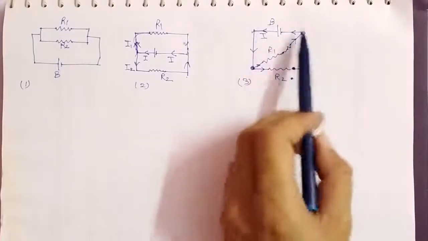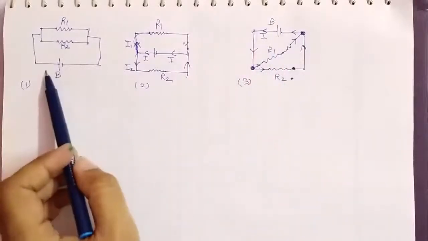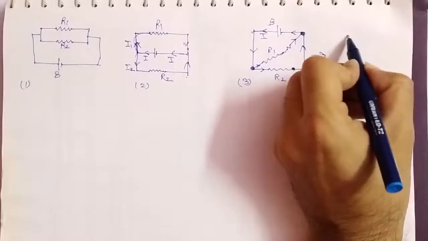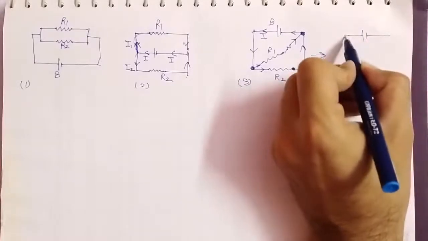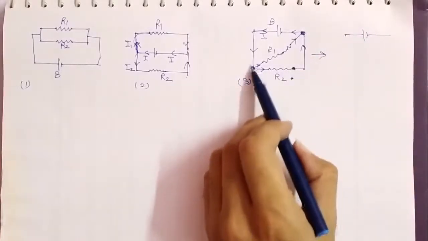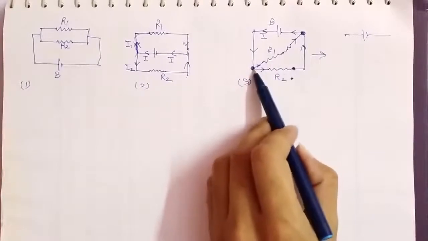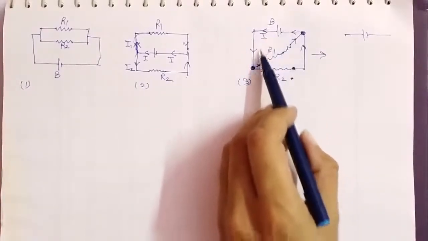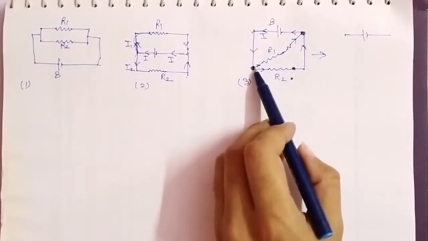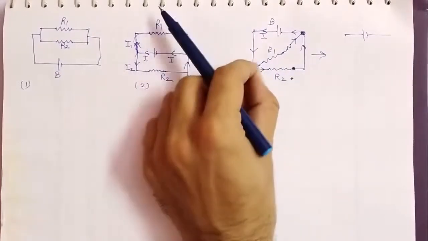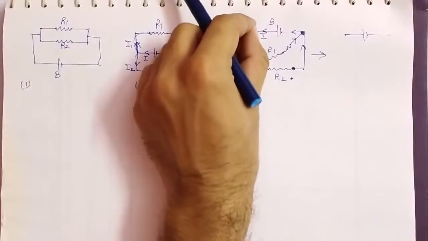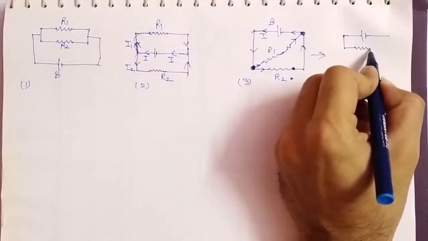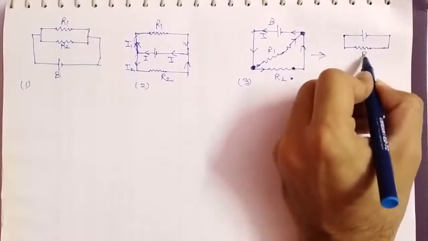So I am converting this diagram into the first way. See very carefully what I am going to do. I am putting a battery here. Now I see that between this R1 junction and this battery, there is no other resistance. So what can I do? I can shorten this wire. That means I can shift this resistance onto this wire like this. So what I am getting is this R1. This is our R1.